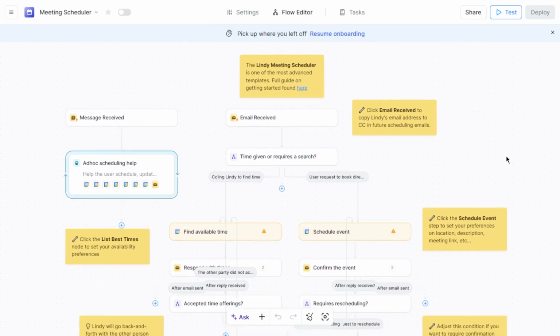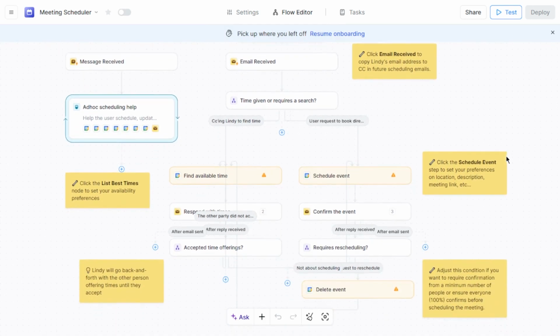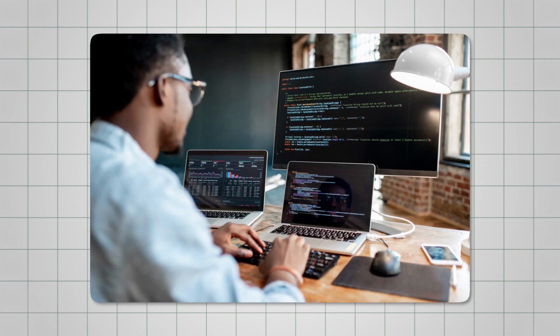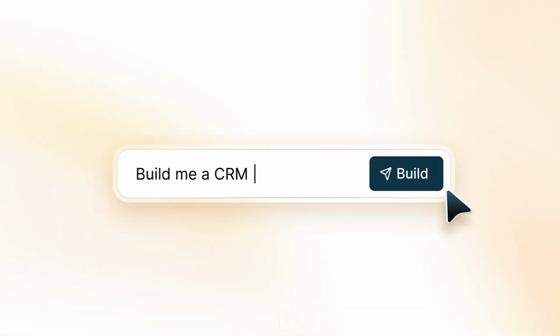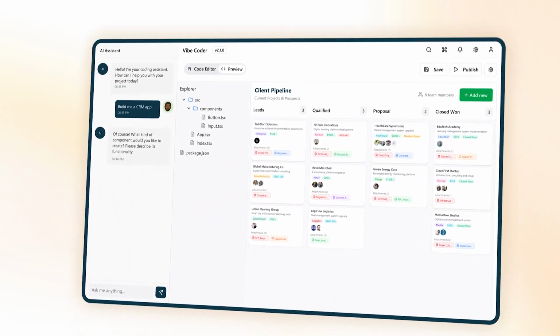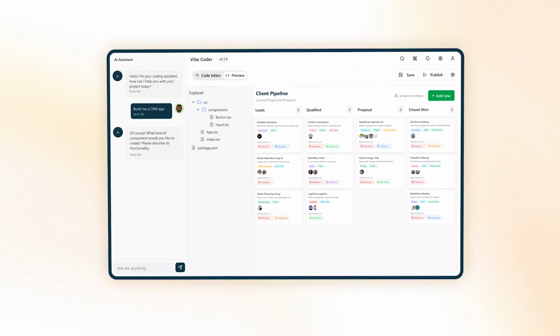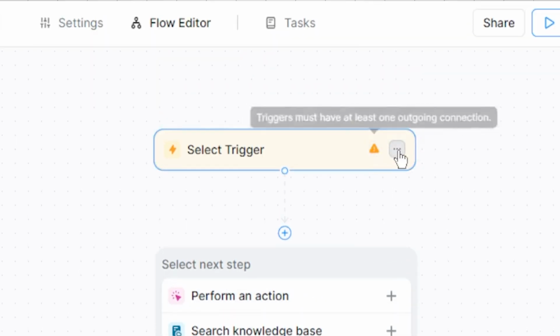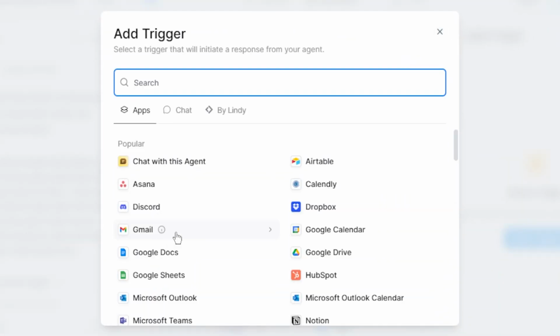I created agents, built workflows, and even managed emails, all without coding or complicated setup. This is lindy.ai, designed to let anyone spin up their own AI assistant in just a few clicks. No steep learning curve required. So in this video, I'm putting Lindy to the test to see if it really makes work easier